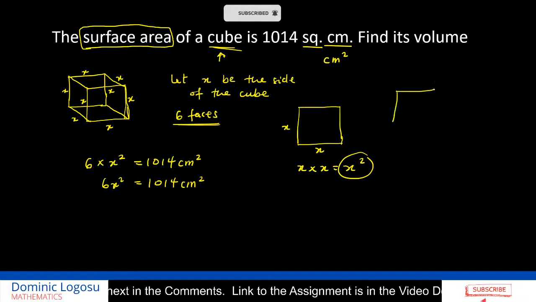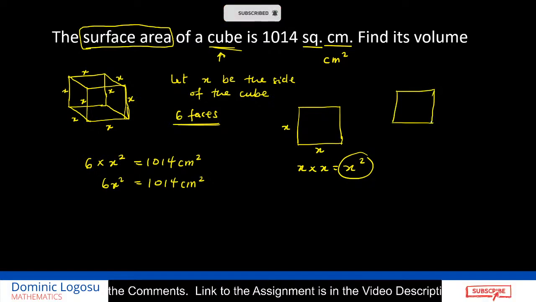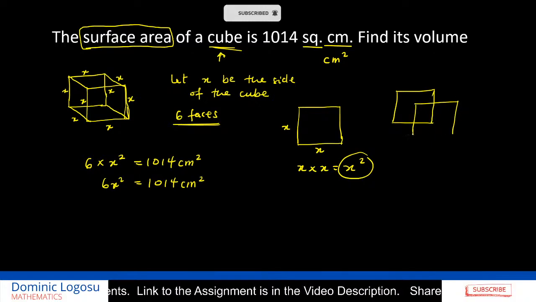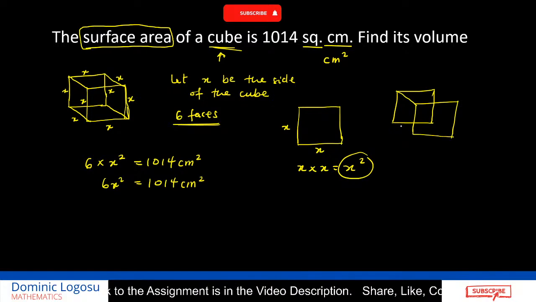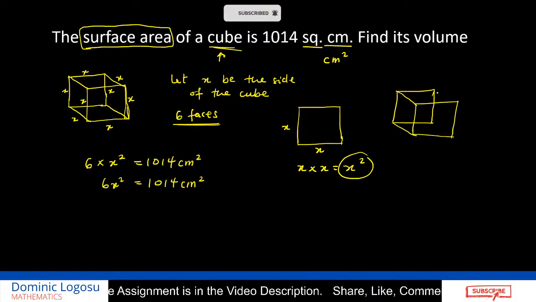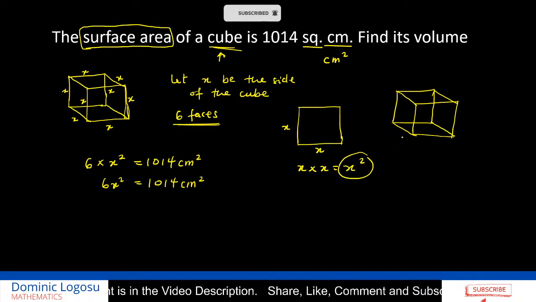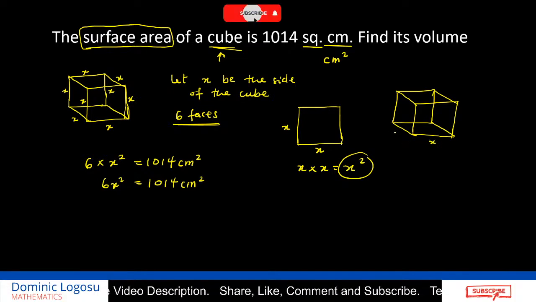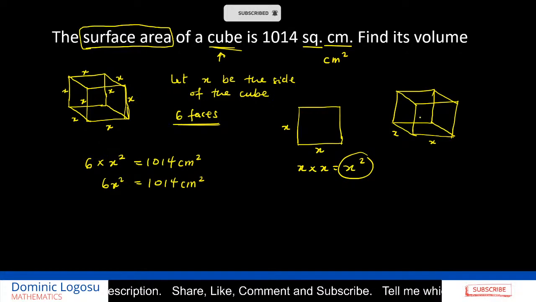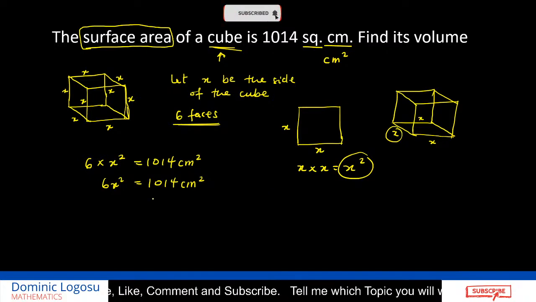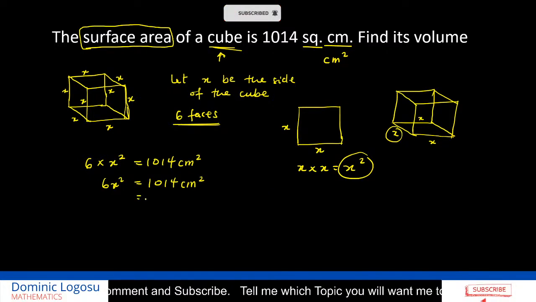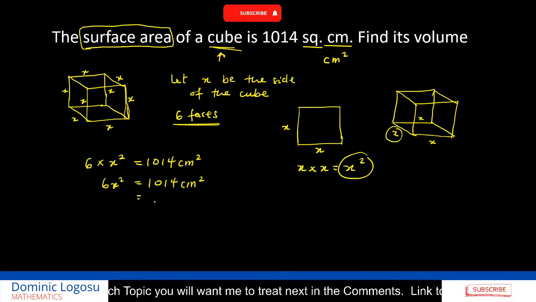If I draw another cube here, let's look at how to find the volume of that cube. The volume is going to be the length times the width or breadth times the height. So this value of x is actually very important for us to find. And in so doing, we would have to first of all make x the subject. Once we are able to find the value of x, then we should be able to find the volume of